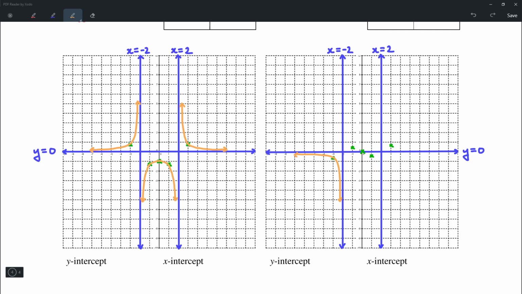However, the shapes will be a little bit different. And finally, we can fill out some properties of both graphs